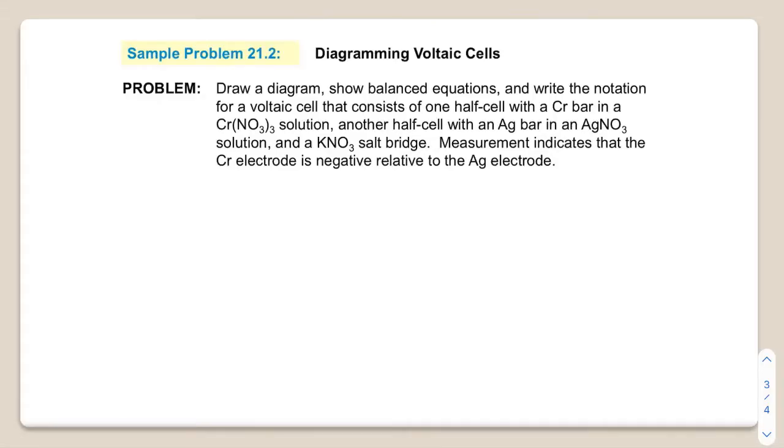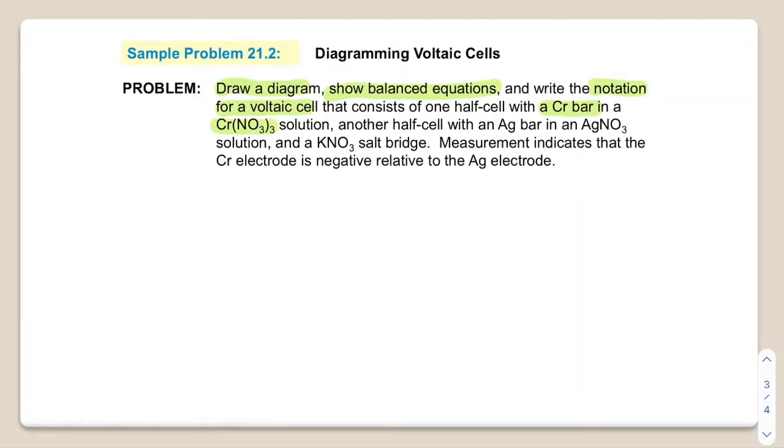Problem 21.2. The question asks us to draw a diagram, and then we need to show the balanced equation of a reaction, write the notation for a Voltaic cell, and the information that is given to us is we have a chromium bar in a chromium nitrate solution in